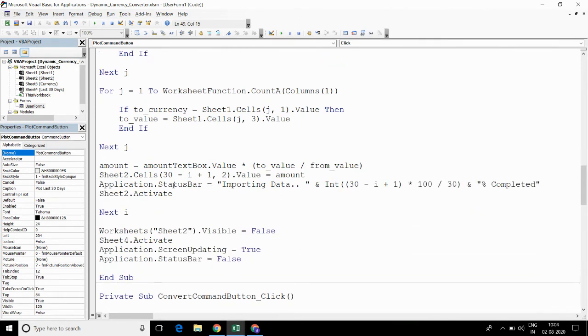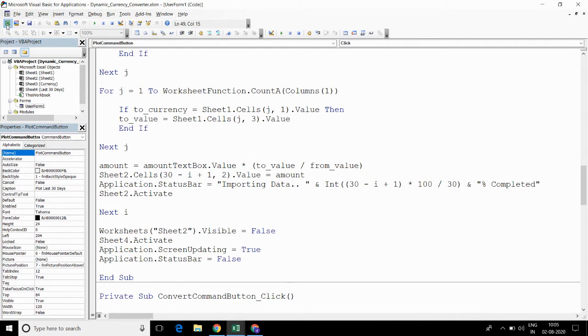I am also displaying the progress of the for loop in the status bar, and then I am making sheet 2 visibility false. Then I am activating sheet 4. So sheet 4 is for the plot for the last 30 days, and it will show us the plot for the last 30 days currency conversion data that we have imported from the website. And answer.